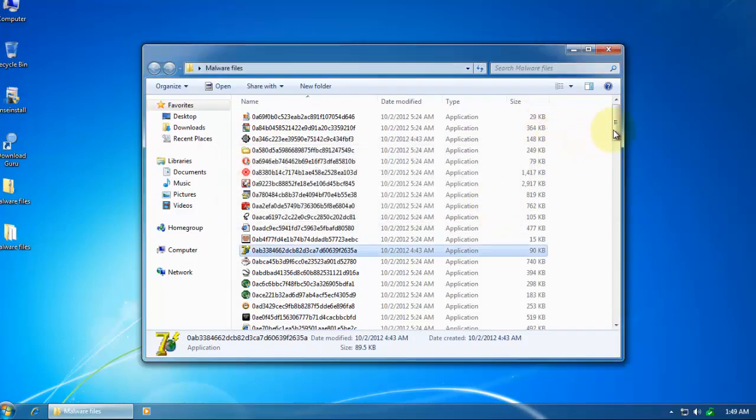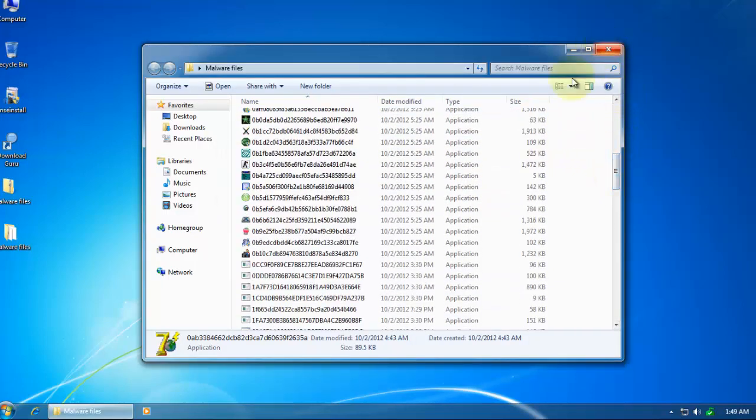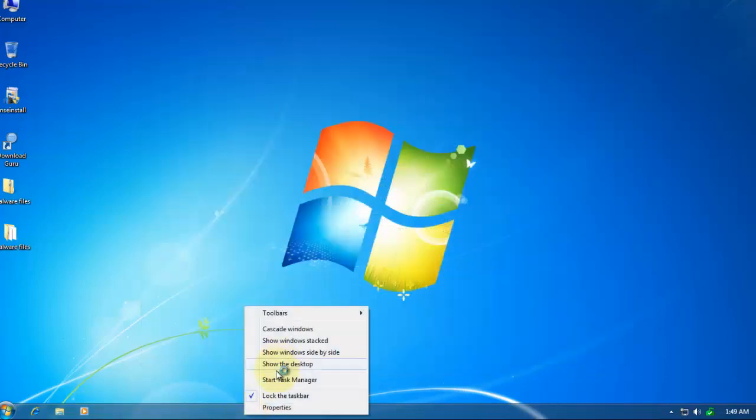Nothing really is happening, so I'm assuming that they're not going to do anything, because I've tried so many files and I'm not getting a single alert from